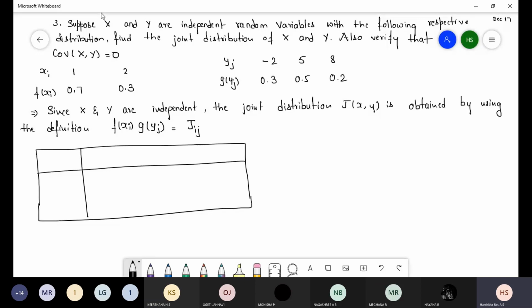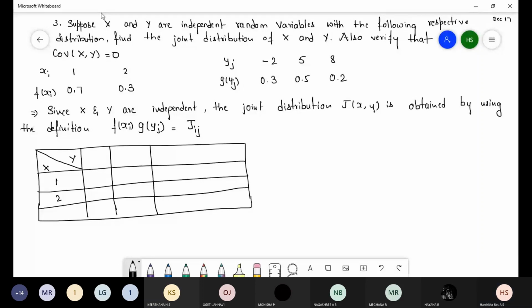At the top write y, here write x. Below x write the x values, which are 1 and 2. The y values are minus 2, 5, 8. In the last column, as they have given the marginal distribution, write here f of xi, here g of yj. So I fill the terms here, j11, j12,